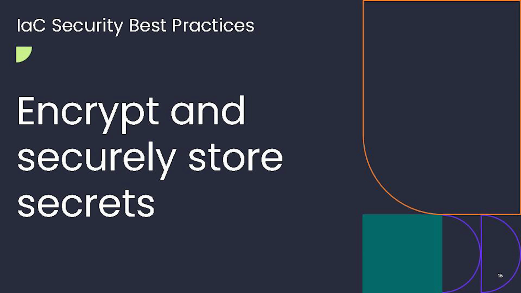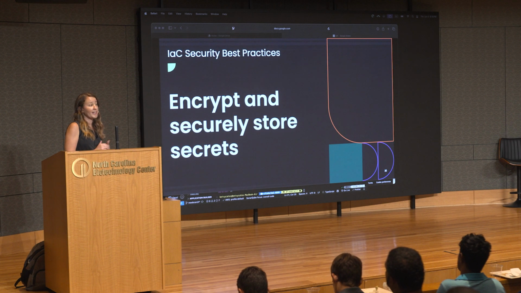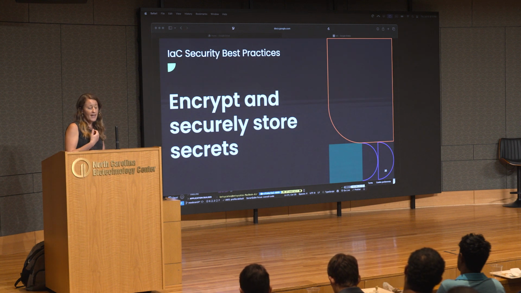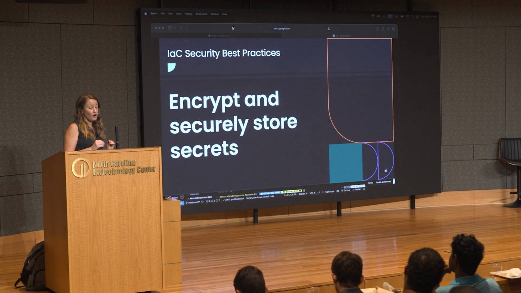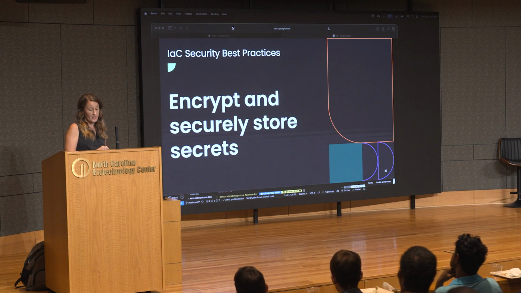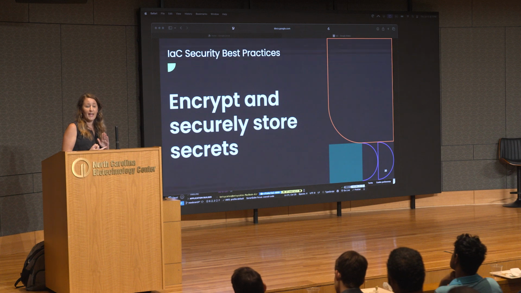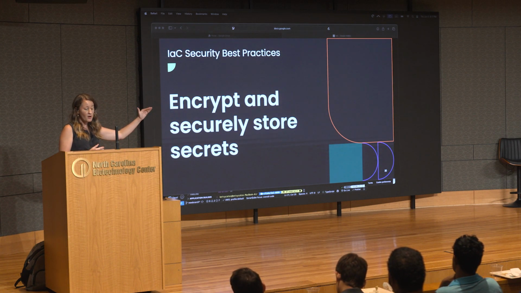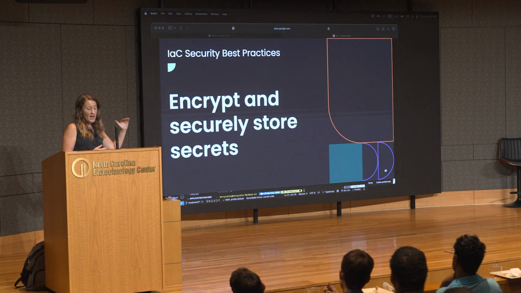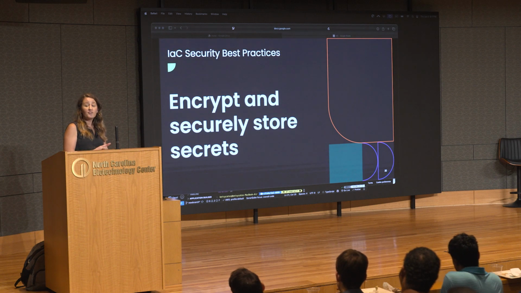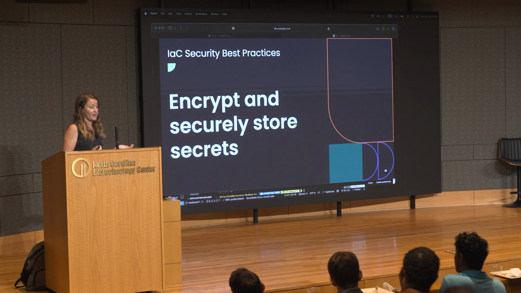One of the biggest risks that we can address with IAC is handling sensitive data like passwords, API keys, and access tokens. You never want to store a secret in plain text in your code. So you don't want to hard code a password or an API key directly into those IAC files. It might seem convenient, but it is incredibly risky. And why is it risky? Because your code could end up in a shared repo. All of your commit history has those hard-coded passwords in it, and your secrets are exposed. And often those exposures go unnoticed until it's too late.